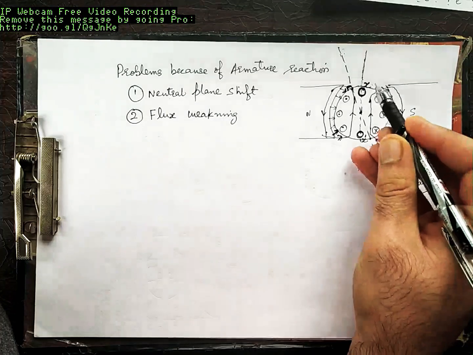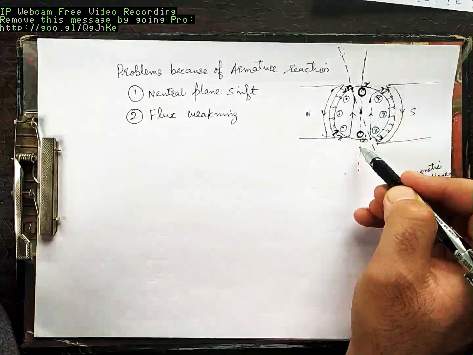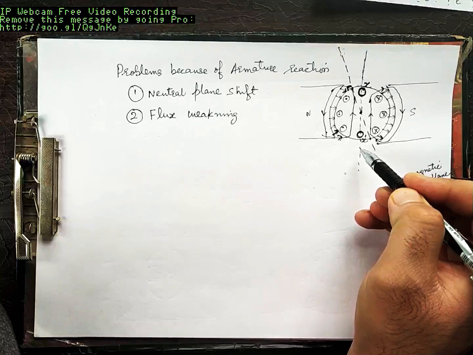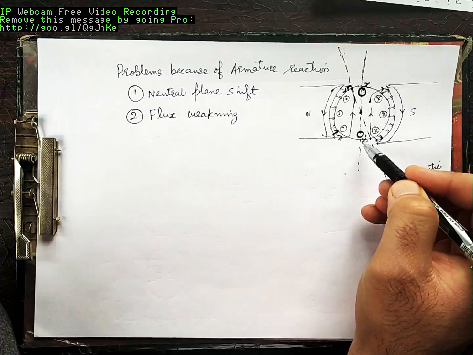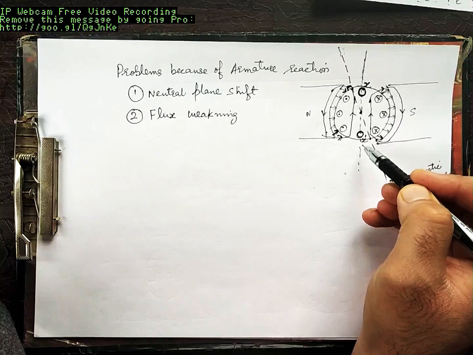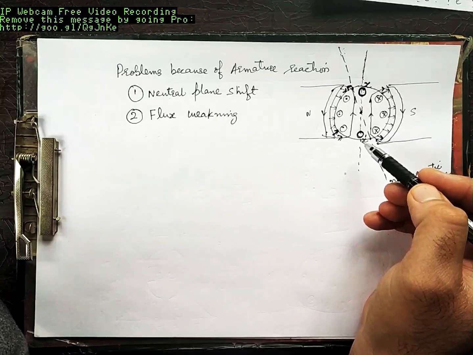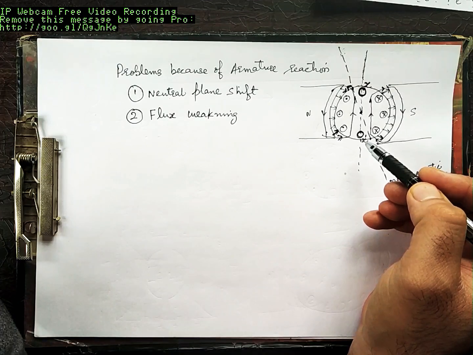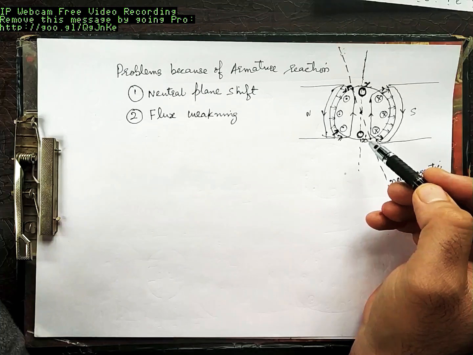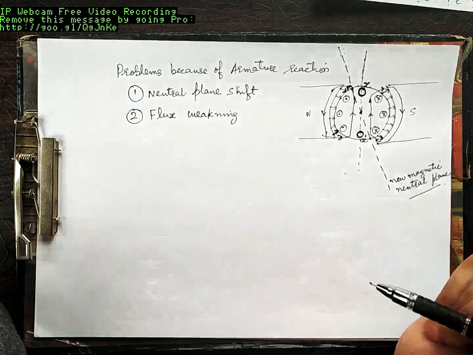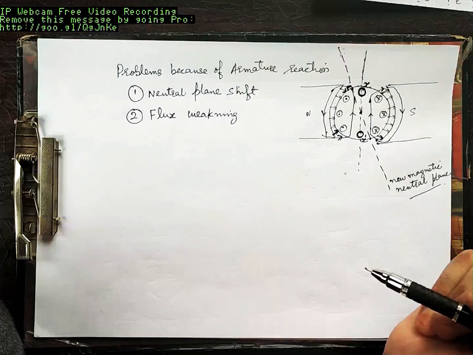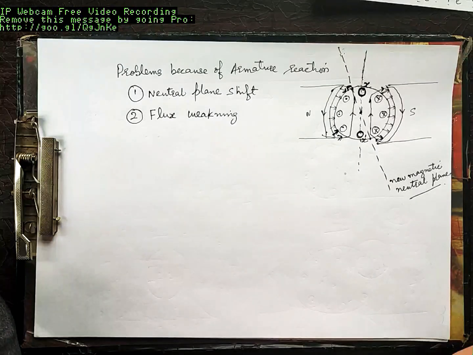So when this coil X is in this plane and it is being short circuited by the brushes, is voltage zero in the coil X or does it have some value? It has some value. When it has some value and you are short circuiting it, there will be circulating currents. Those currents will flow through the brushes, through the commutator segments, through the windings, damaging all three, causing sparking and other problems. We'll come to those. What are the problems?